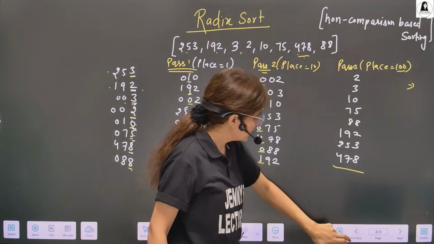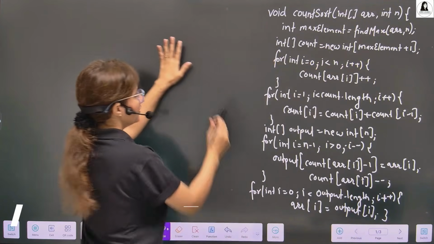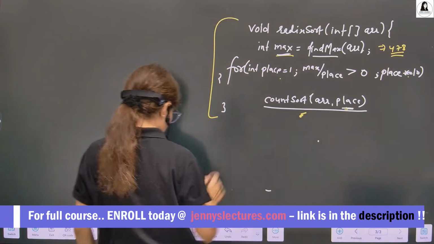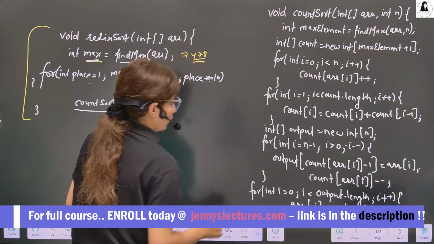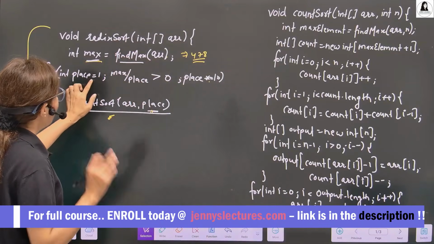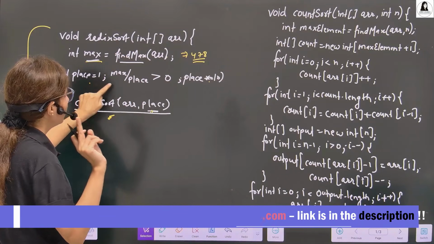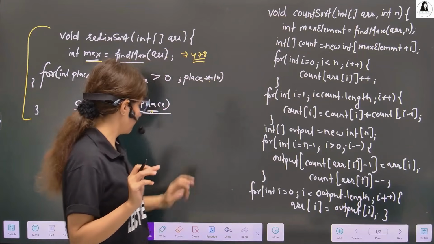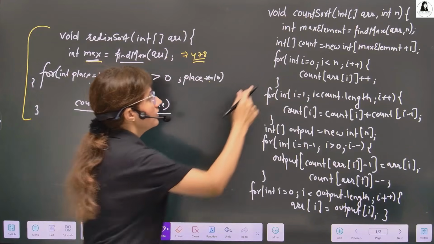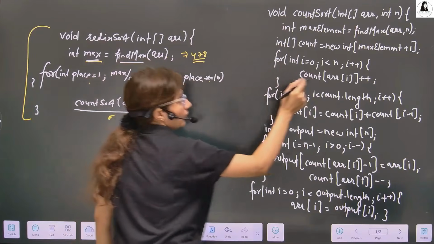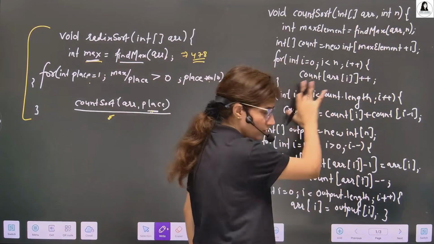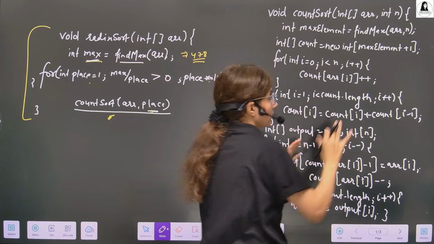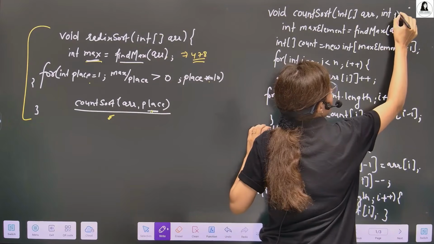Same here. So let me just write down here the radix sort, that method. So now at first place is 1, condition true, yes, we enter here and we call this count sort. Now in this we are passing only array and the place value. So rather than this, how we change it? I'm changing the previous count sort coding itself, the logic itself. So rather than this, I just name it place.